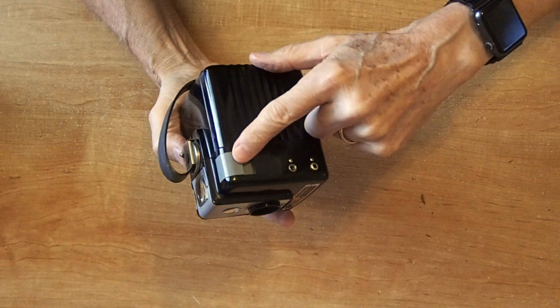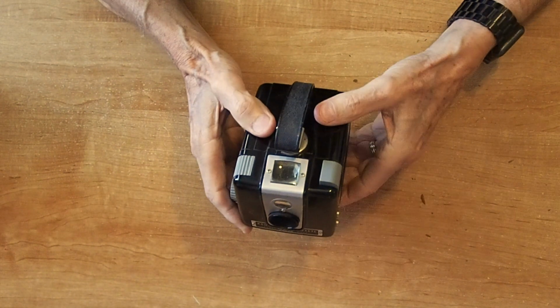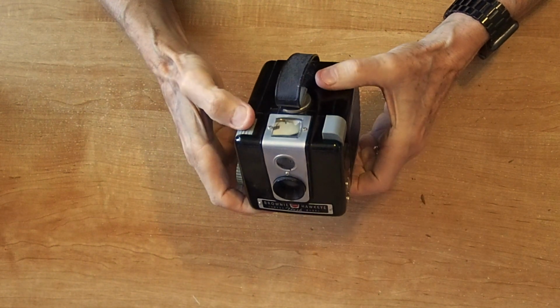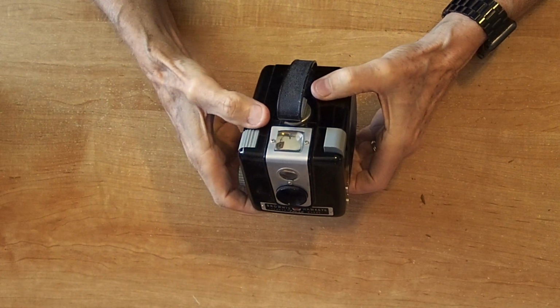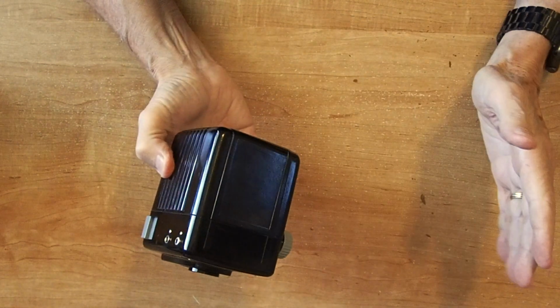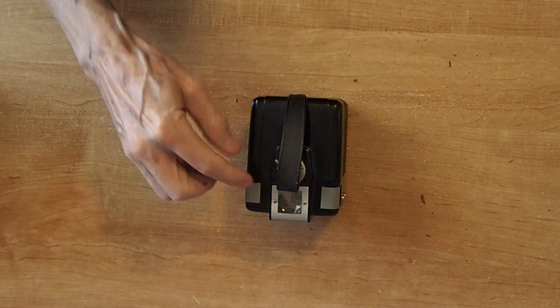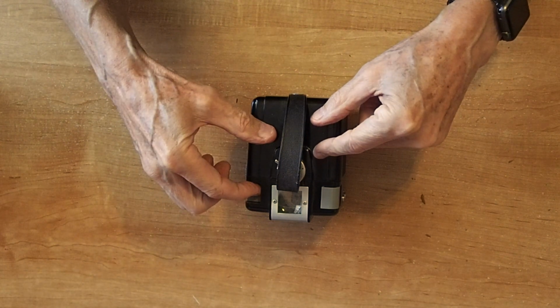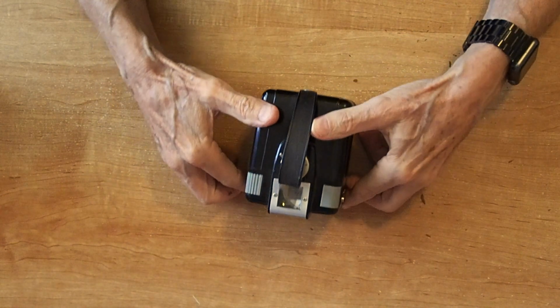This little button on the left is for timed exposures, so you lift that up and you're in bulb mode. Then when you press the shutter, it opens and closes when you release it. There is no tripod socket, but since there's a flat bottom, you could just set it on any rock or table and take a long timed exposure. You wouldn't get a very good focus on stars at night,